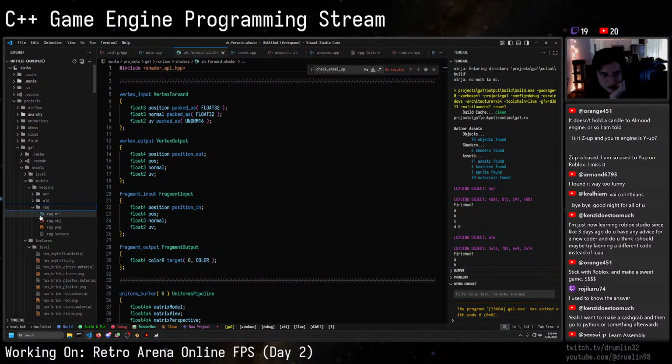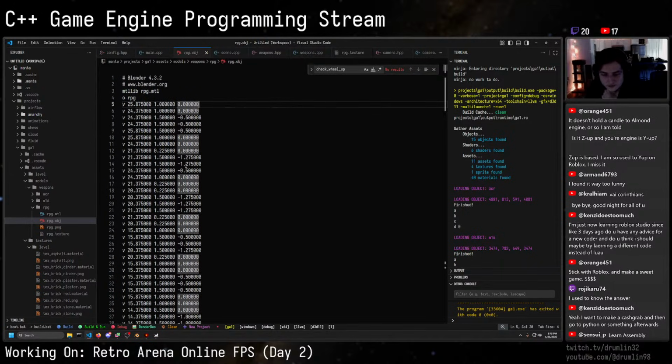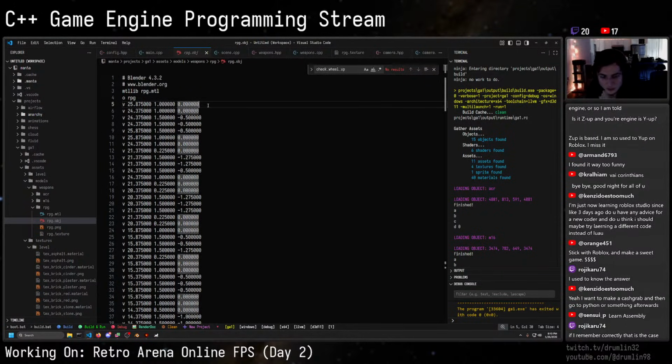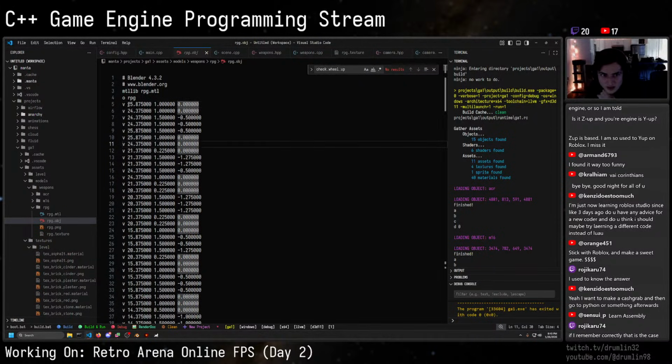If you load the object file for this, you have these vertex fields, and then a position 1, position 2, position 3. I don't know if it's reading these in out of order. My intuition is that this is X, this is Y, this is Z, but it could be that it's actually exporting it